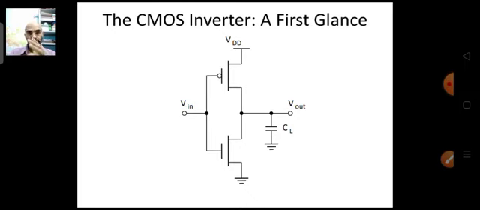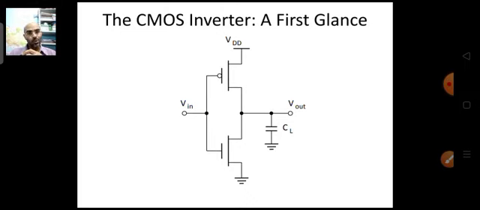So what we do, we basically plot the characteristics of the transistor, and then over that we plot this resistance line, and then we see where they intersect each other. That intersection point is basically your quiescent point, and when you apply some input, that input varies across that quiescent point. The same concept we are going to apply here as well to determine our operating points for a CMOS